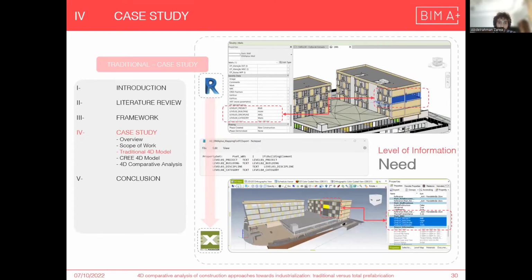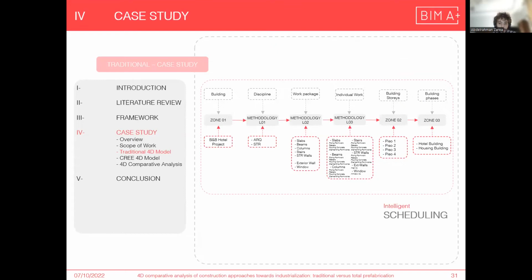And here is a workflow from Revit to Bexel Manager to define the level of information needed that is going to help the user inside Bexel to assign the elements to the schedule. For the traditional 4D model using the intelligent schedule in Bexel, the user needs to create the zones. Zone 1 is the project; methodology level 1 is the work packages between architecture and structural; methodology level 2 will be the work packages,